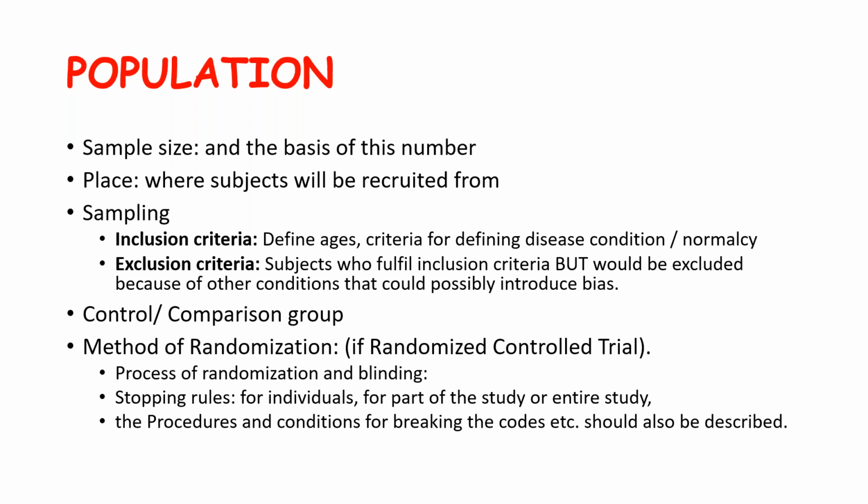Exclusion criteria is those criteria which a subject who is fulfilling the inclusion criteria, means otherwise you would have included him in the study. He is in the 20 to 40 years age group, he is a male, whatever you have said, or he is suffering from metabolic syndrome, he is fulfilling the definition of metabolic syndrome. But there are some things which may introduce a bias in your study or which may affect your outcome measures. For example, if you are doing metabolic syndrome and he is already on metformin, a drug, that drug will obviously impair or will somewhat treat the metabolic syndrome.